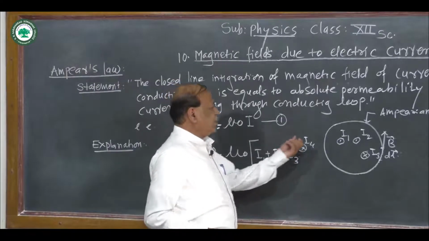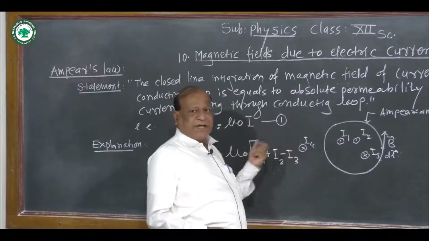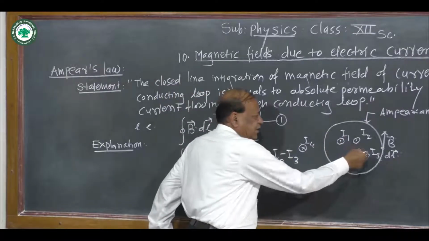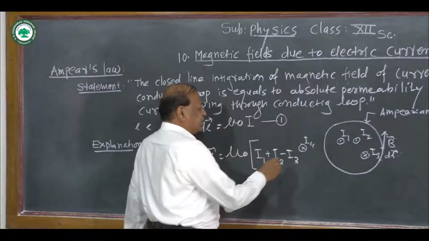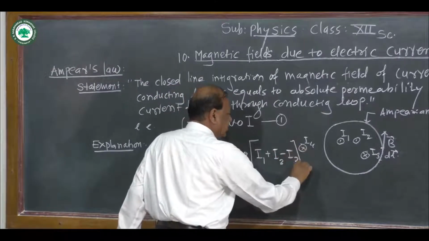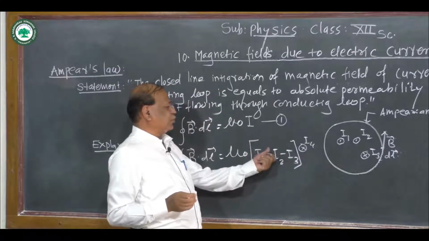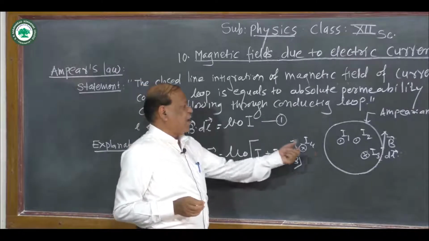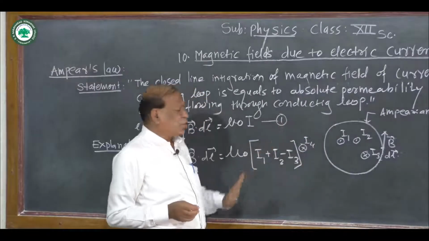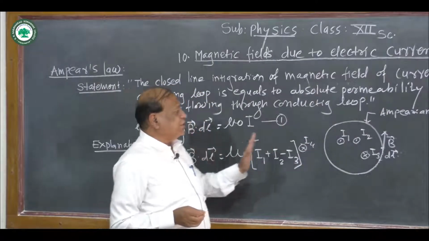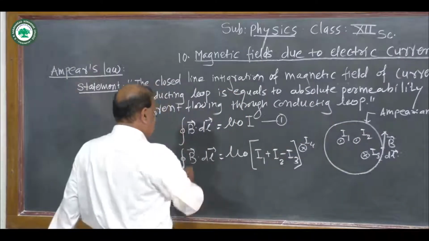Now current which is directed in outward direction is treated as positive, and current in inward direction is treated as negative, and therefore this equation becomes mu 0 in bracket I1 plus I2 minus I3. Now this current I4 outside the Amperian loop is not considered here. Only we consider the current enclosed in that Amperian loop, and therefore this